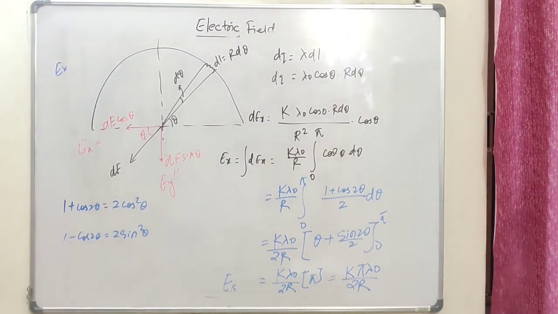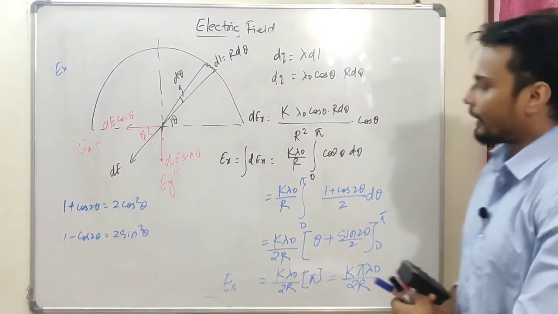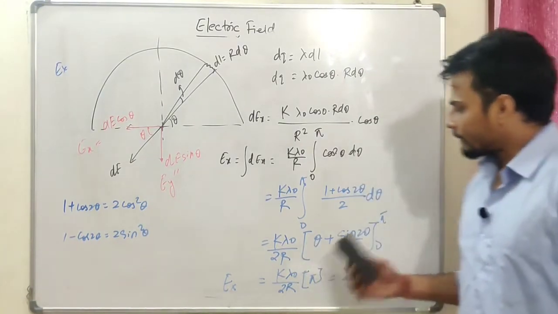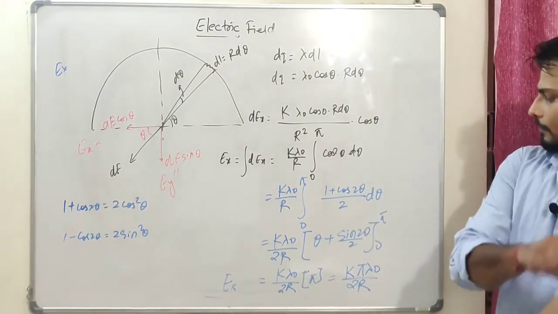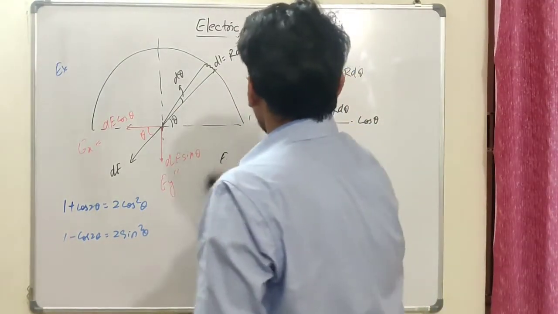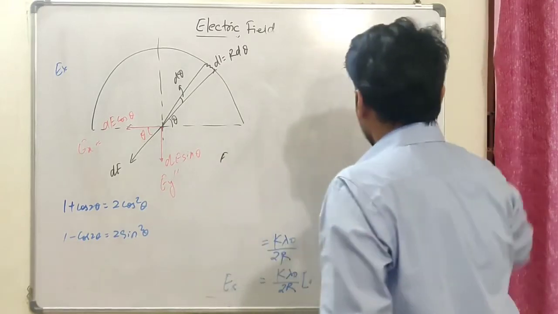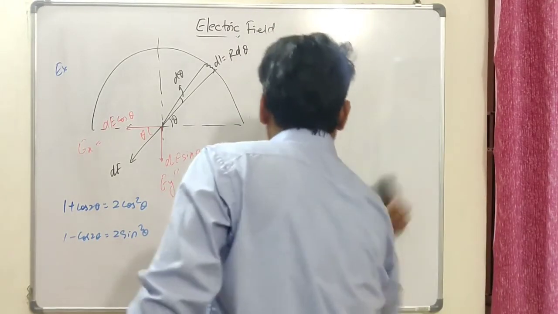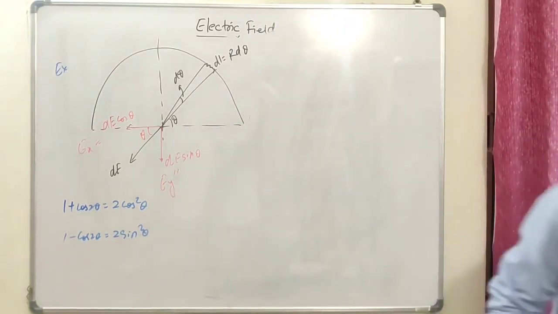Likewise, I'm going to find out the electric field in the vertical direction. Same process, nothing new. The only thing is the component is going to be the sine component. Okay, so let me quickly erase this. Guys, you can pause the video and note these things down properly. Okay, let's talk about the vertical component. That should be Ey. Alright then, let's quickly go ahead and solve it.